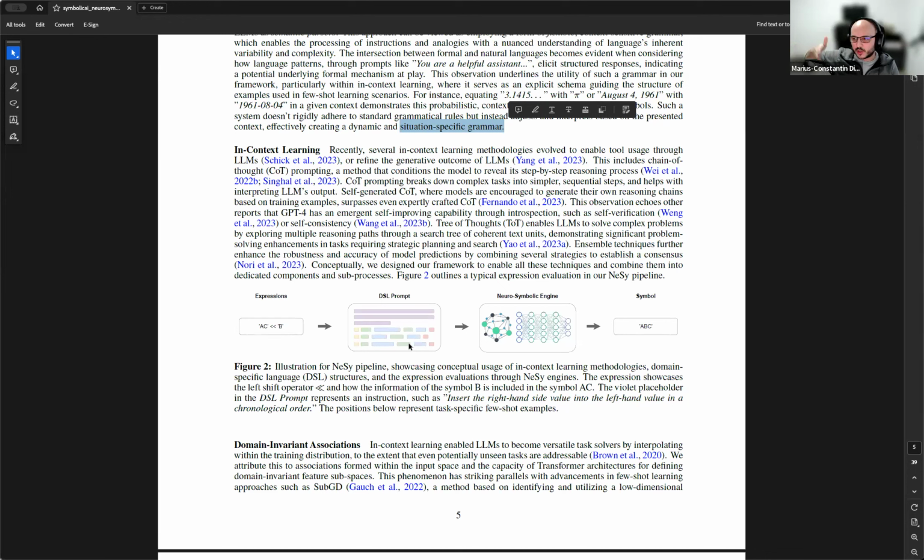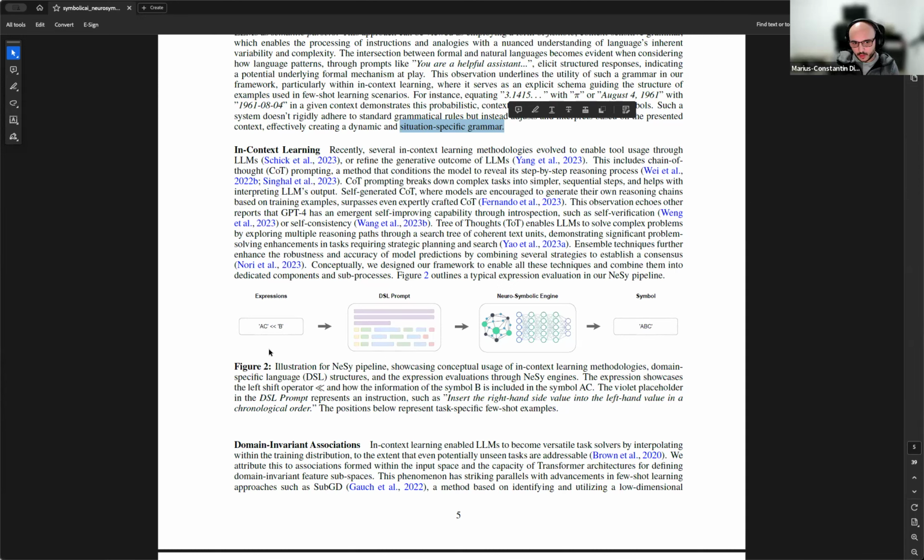And this is a very structured format in which we want to get the replies back, and we do this for a few shots, for instance. This is what we call the domain-specific language prompt. And then we always expect that format too, when we query it in the end with the last question, so we expect to get the reply in the same format back.